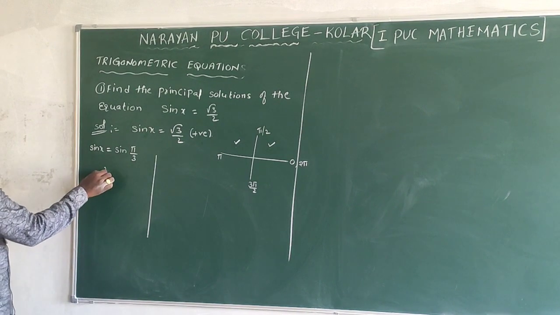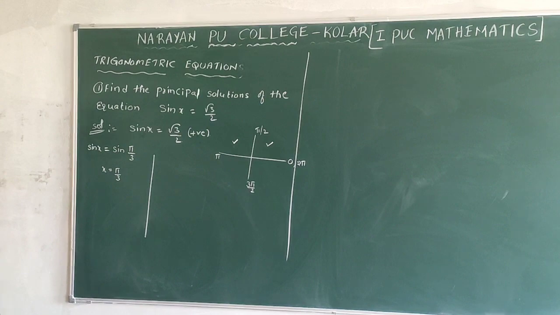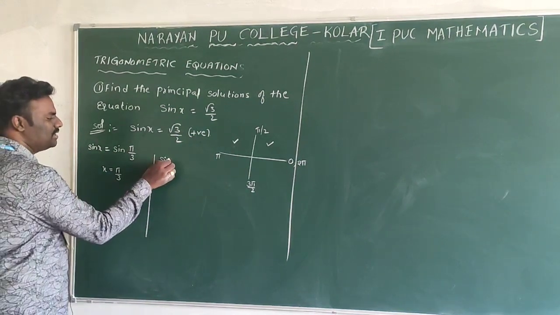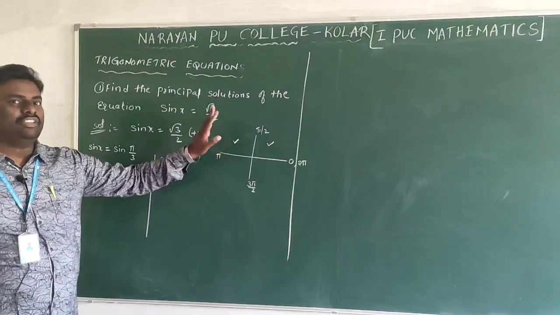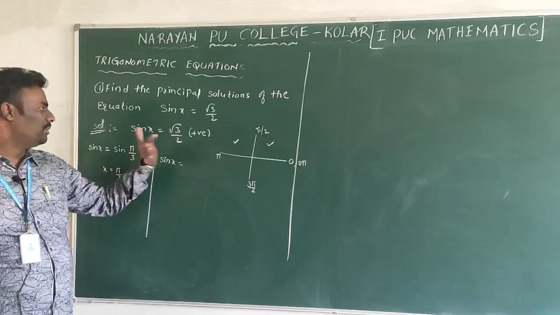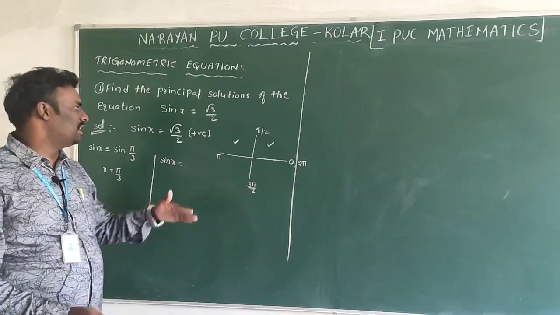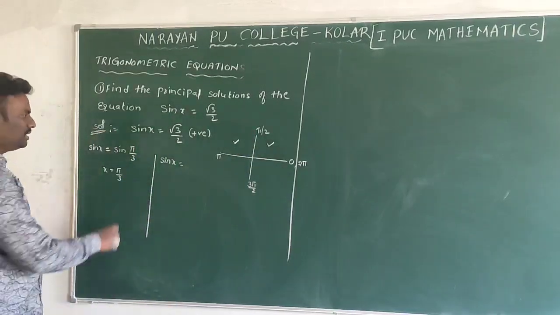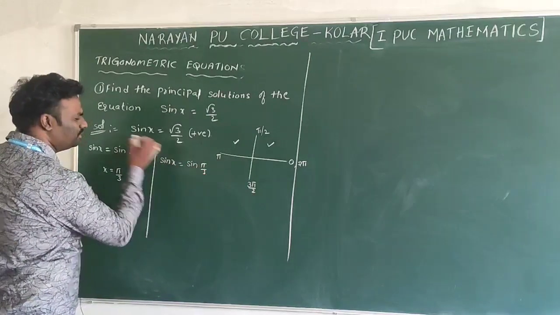Okay. Now you will get x is equal to pi by 3. This is one principal solution. Now similarly, sin x is equal to root 3 by 2 in the second quadrant, for which angle will you get it? If you are able to do it directly, you can, or otherwise you can apply the ASTC rule. See, actually I wrote sin x is equal to sin pi by 3, already we know.